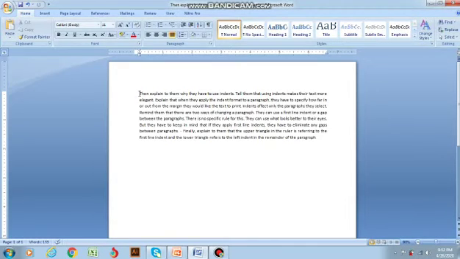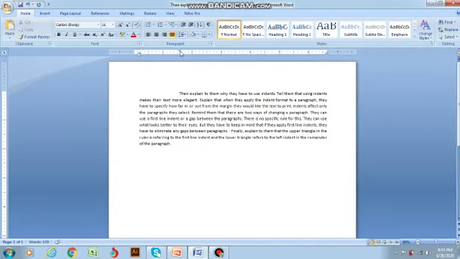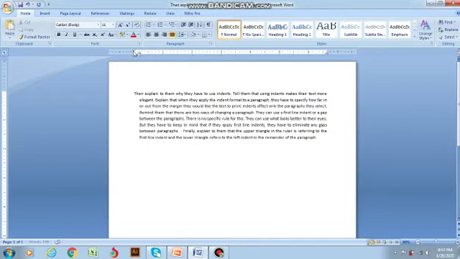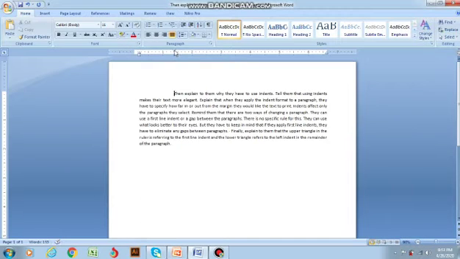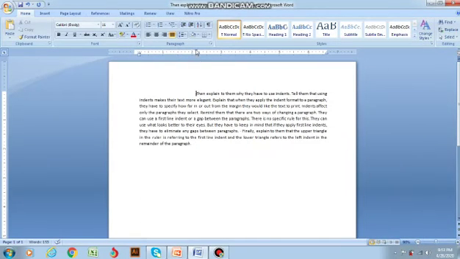I have already told you that the upper triangle, we can call it the first line indent, deals only with the first line. See, I have moved only the upper triangle, and only the first line has moved to the right. If I move the upper triangle to the left, it moves to the left. So it deals with the movement of only the first line.